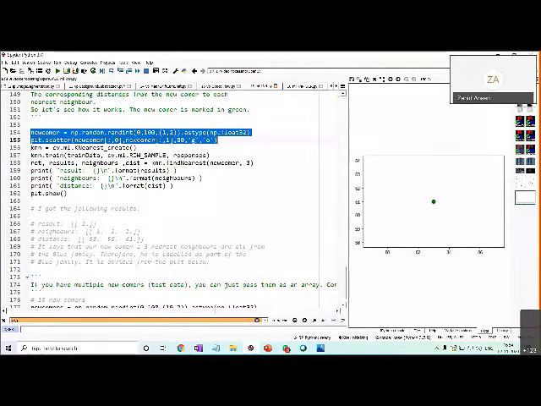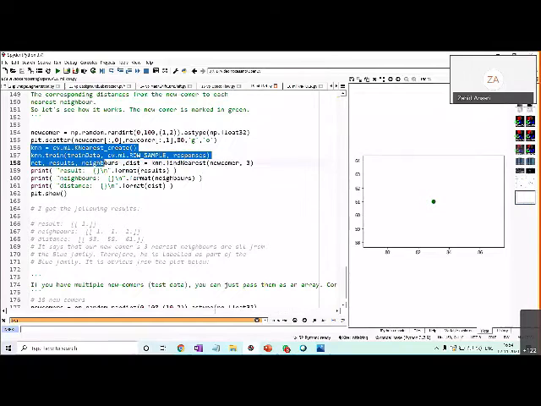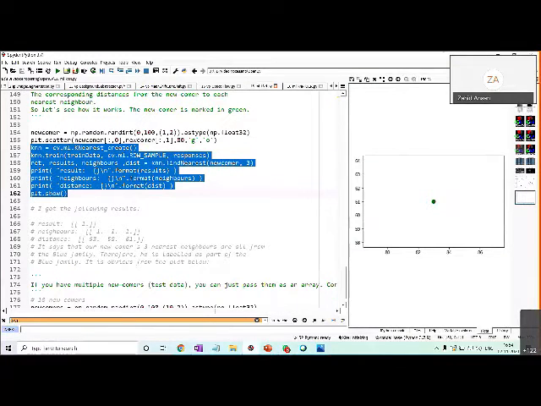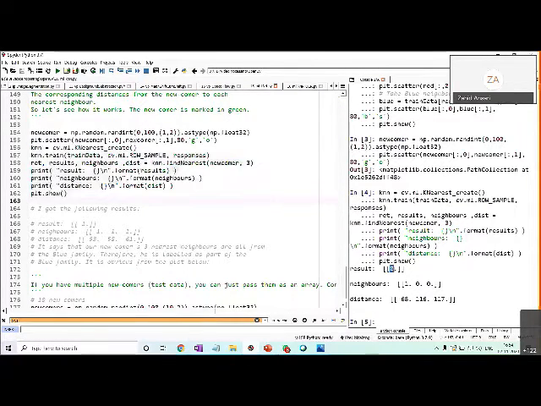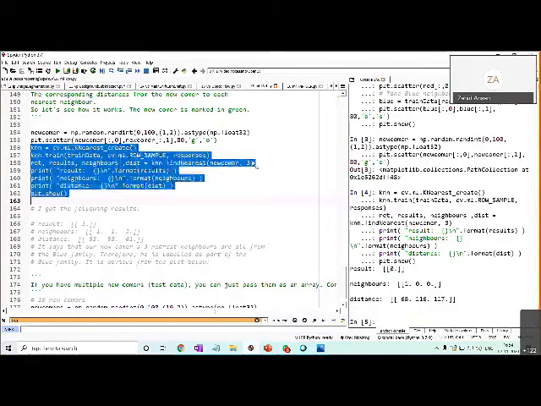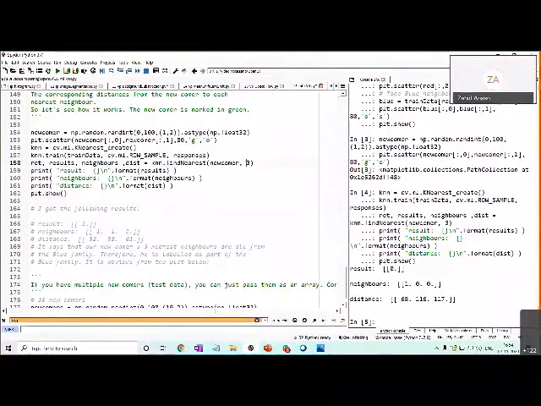Then we are applying the k nearest neighbor and printing the result, the neighbors and the distances. So what is the output? It's class 0, basically the red class. Why red class? Because we passed k equal to 3 in find nearest as the number of neighbors.